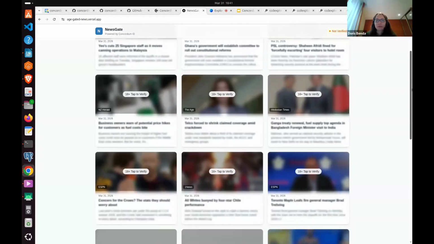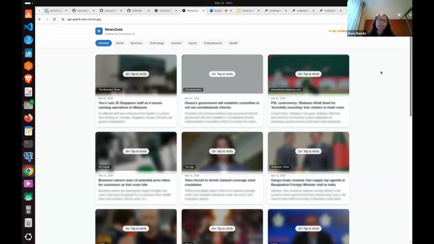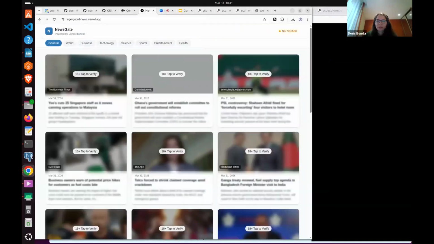So on this website, for now, you cannot see any news because we are not verified yet. So we are not allowed to see the news. You also see we are not verified here yet. So the idea is now that I will click on verify that I'm 18 years old. And then a QR code, the Wallet Connect QR code, will pop up. I will show you a mobile phone that's connected, and I will scan the QR code with the QR code scanner